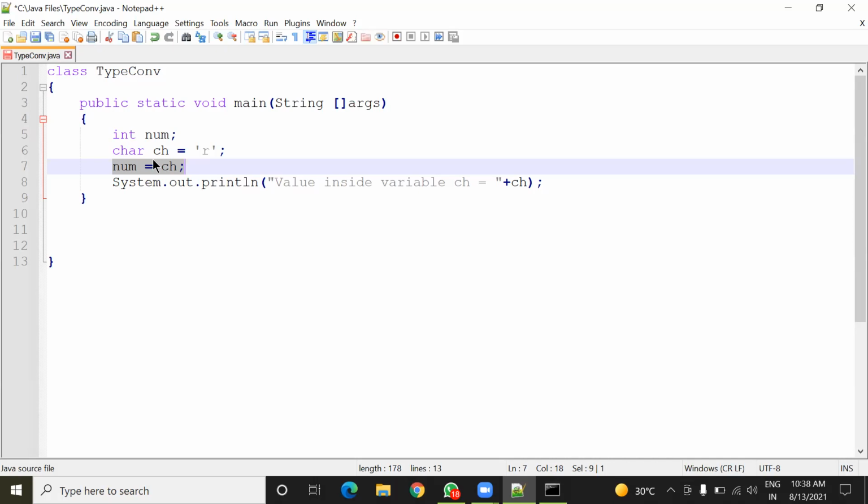Widening it is because the ch variable is of type char, and it takes how many bytes? 1 byte or 2 bytes? So char takes 2 bytes, na? Char takes 2 bytes, na? Yes, sir.